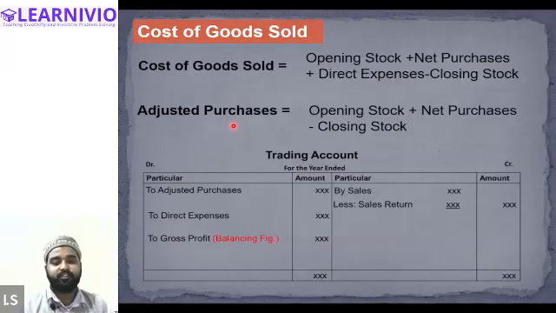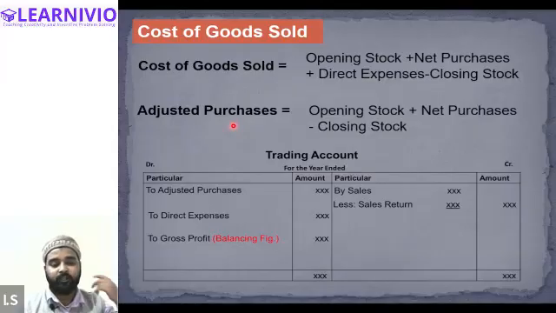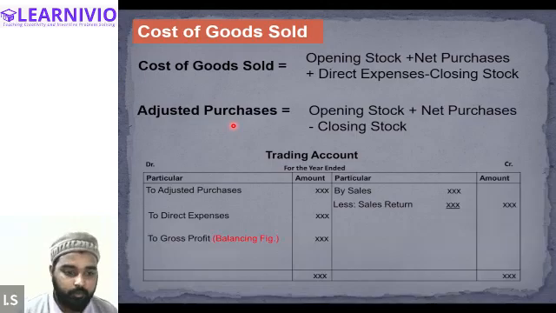Does that mean when they show adjusted purchases, we don't have to add them and subtract? Yeah. If adjusted purchases are already given in the question, that means all the values are already adjusted. We are not required to adjust anything, nor to write down the opening, closing, nor are we required to add the purchases. Okay, understood. Alexander, is this clear? Yes, sir.